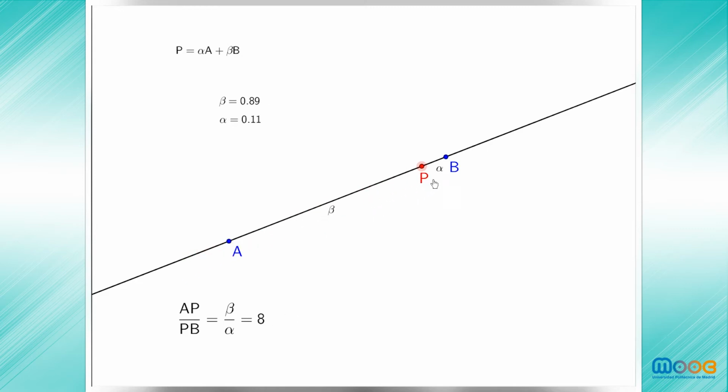If we move P to the other side of the segment AB, in this case beta is a number bigger than 1 and alpha is negative. They still add up to 1, and this ratio again is a negative number. It's a negative number smaller than -1. This means that the point P is outside the segment AB, and in this case P is farther from A than B is from A. For simplicity, whenever we have this expression, even when alpha or beta are negative, we are going to say that P divides the segment AB in ratio beta over alpha, in spite of the fact that P no longer lies on the segment AB when alpha or beta are negative.